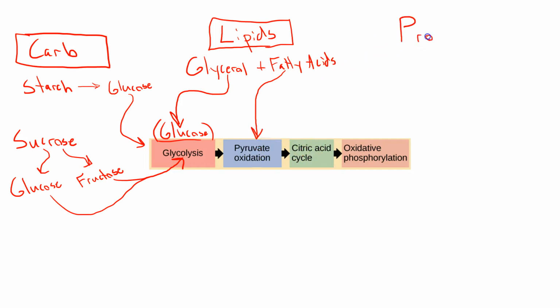Lastly, then we have the proteins. And proteins are a little bit different. Proteins are usually not used for making energy. They are made up of amino acids. And whereas carbohydrates and lipids, one of their main purposes is for energy, that's not so for the proteins. Proteins have a variety of jobs. They go out and kind of do stuff. So they're not generally used to make energy for the organism. But in a scenario in which there are no carbohydrates or lipids, proteins can in fact be used to make